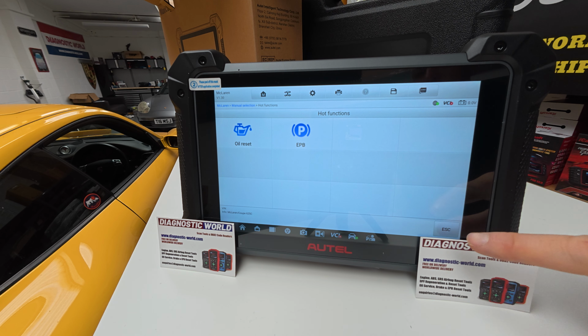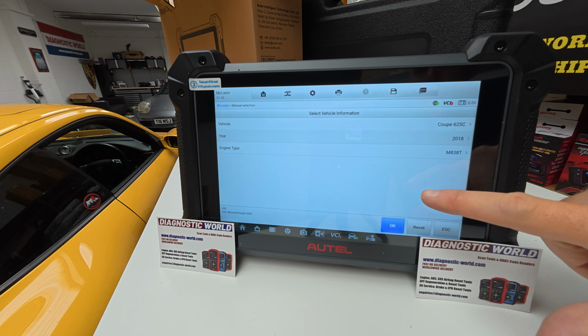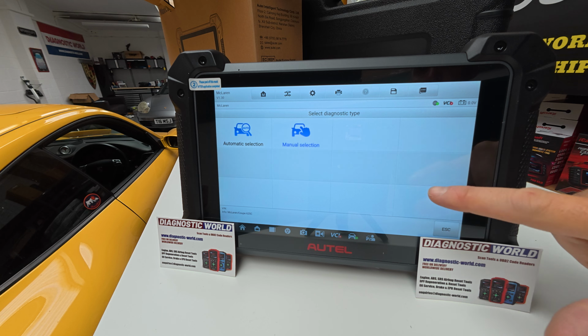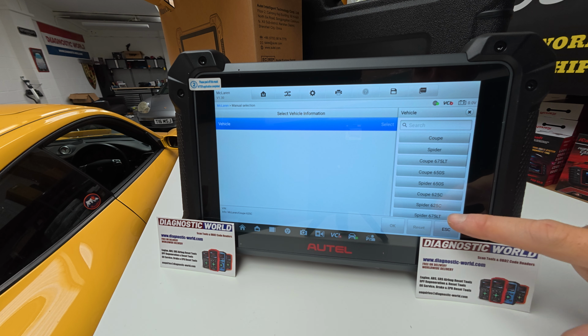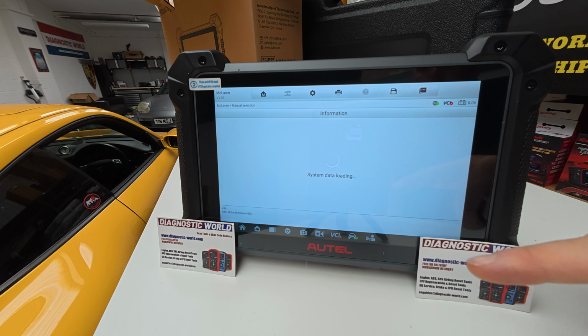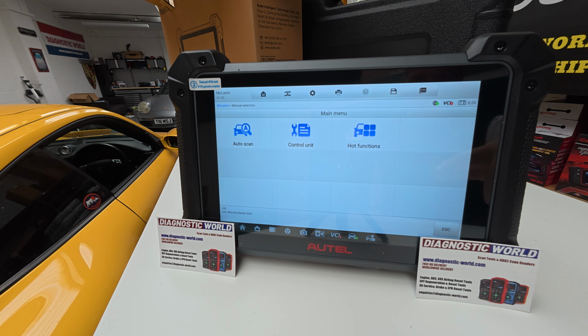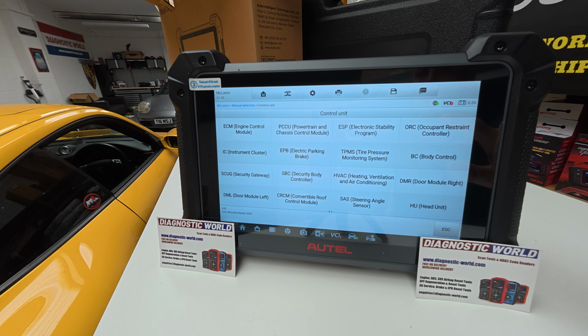Now one thing I will show you as well is, I'll go back, because we go back to exit the current model, and we'll go into the Spyder version as well. So we go 625 Spyder. And the reason I want to show you this is because it's going to be pretty much exactly the same as the Coupe, but the one extra thing that we will have on the